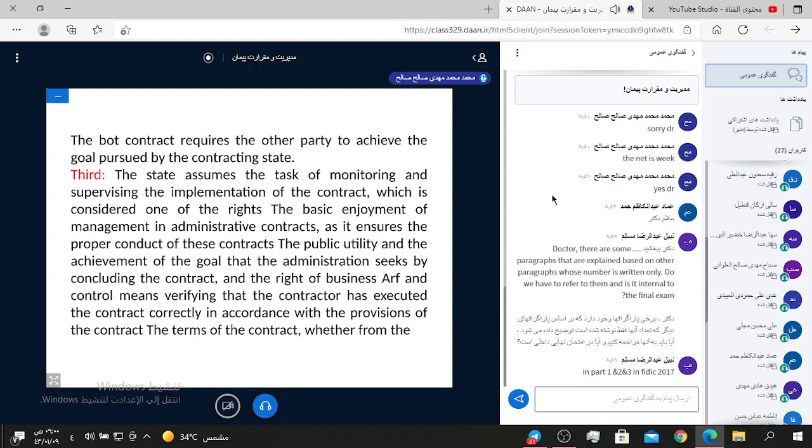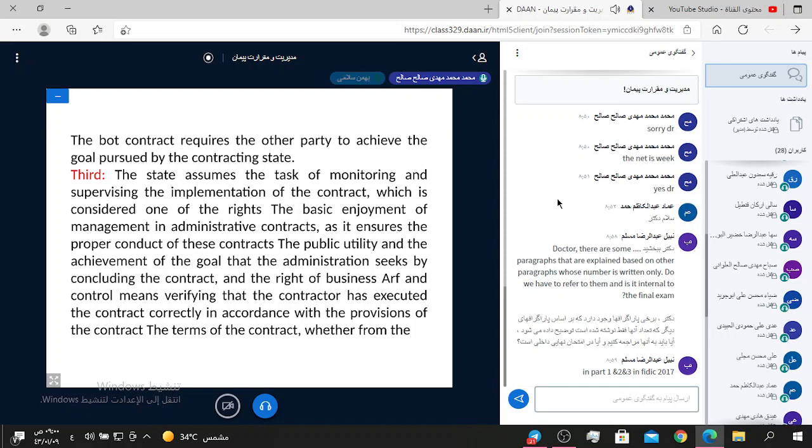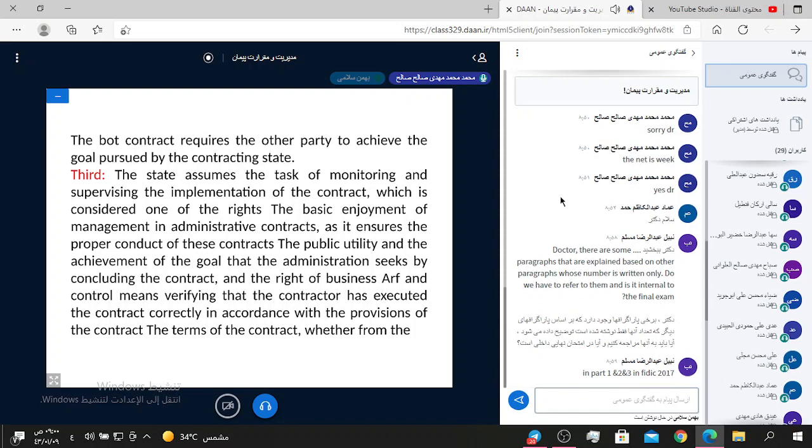The basic enjoyment of management and administrative contracts, as it ensures the proper conducting of these contracts, the public authority, and the achievement of the goal that the administration seeks by concluding the contract, and the right of supervision of the contract means guarantee that the